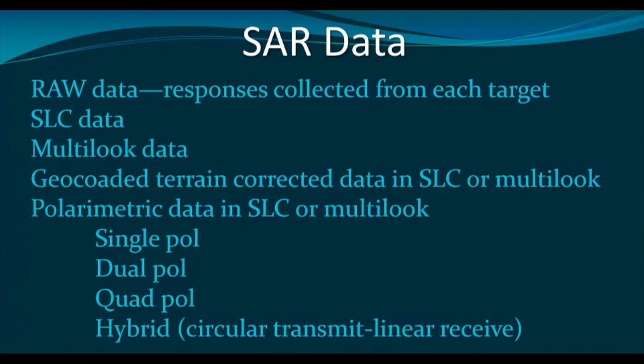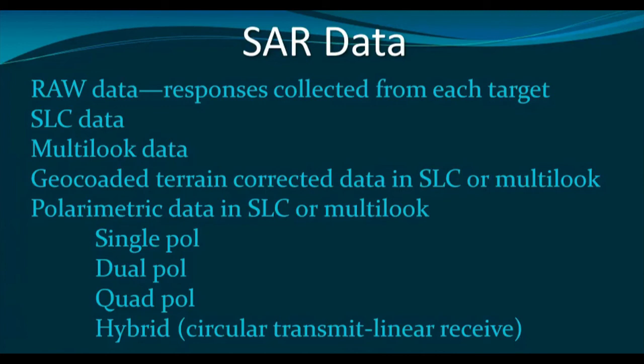So, if we want to increase the power of the energy, then we have to send the energy in a specific polarization. Either we send the energy in horizontal polarization, or we send the energy in vertical polarization. However, there is another polarization that is called circular transmit, circular polarization. Till date, we have only one satellite, RISAT 1, that uses this circular transmit.